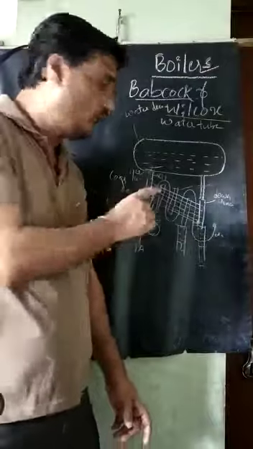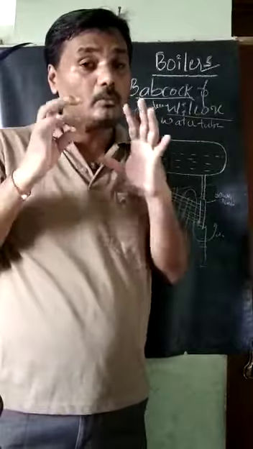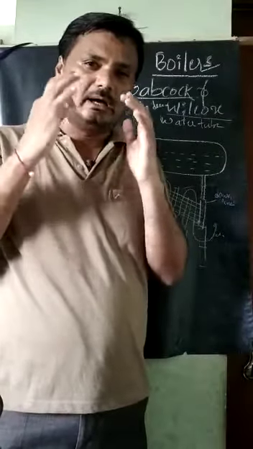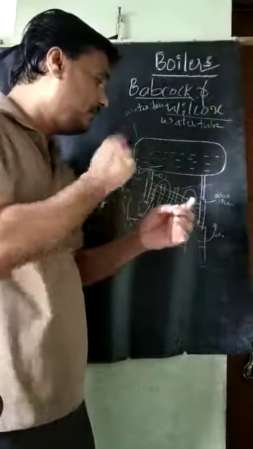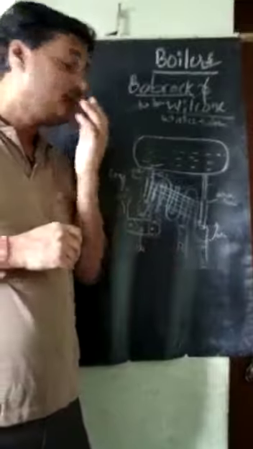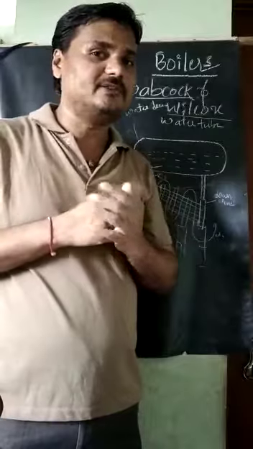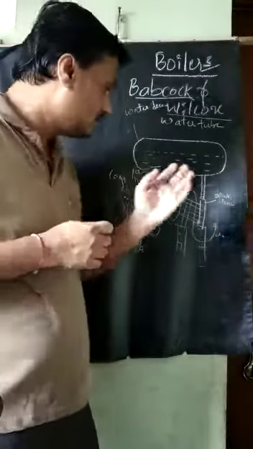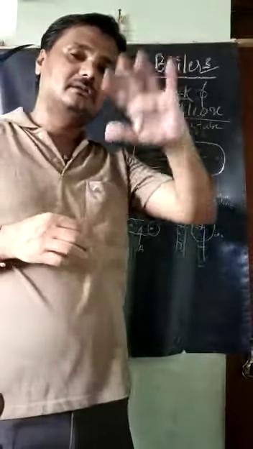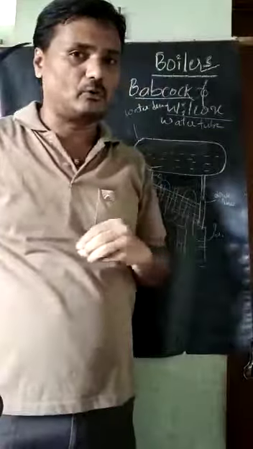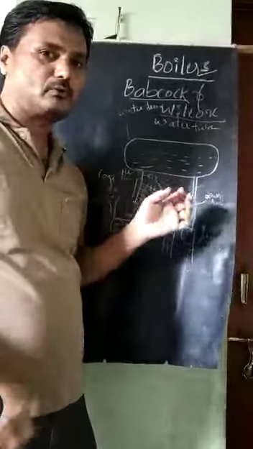Whenever the flue gas is moving in this path, we can extract more heat because the residence time of the flue gas will be more when we apply the baffle plates. So definitely more heat extraction takes place, and thermal efficiency increases by using the baffle plates. Then it goes to the chimney, and at a certain height the gas will be released to the atmosphere at a lower temperature, slightly more than the atmospheric temperature.